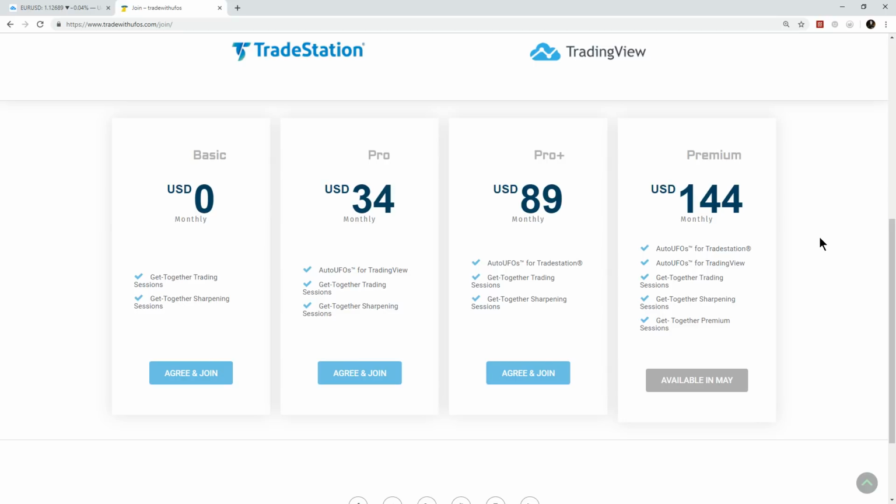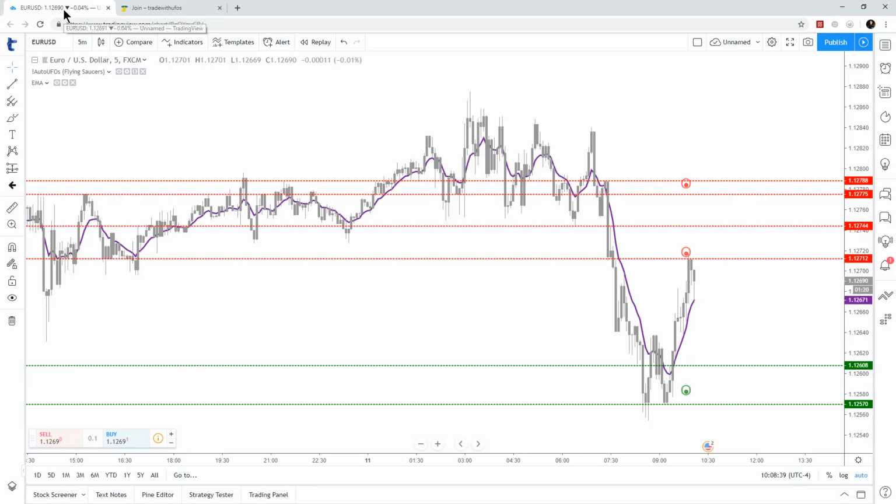Still, you may have technical questions about, okay, but wait a minute, with the TradeStation app I could do that, but with the TradingView I could not, or with the TradingView I could do that, but not with the TradeStation app. So then we can get into technicalities of what the apps do, because some of you may want to use one only and it's good enough. Some of you may want to use both, depending on what you do. We have traders that are using the TradingView app only to have the UFOs on the phone, and that way, when they are away from their computer, they can do trade management. We have people that actually plan trades with AutoUFOs for TradingView, and they don't even use TradeStation. We have people that love TradeStation, and the only thing they do is to use TradeStation.